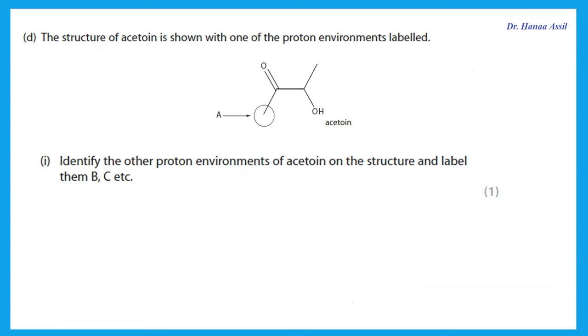The structure of acetoin is shown with one of the proton environments labeled. So one of the protons on the methyl group is labeled A. Identify the other proton environments of this compound and label them B, C, D, and so on. So let's look at this compound. The methyl group next to the carbonyl is one type of proton environment. We also have another methyl group on the right, so we label that C, or you could label it anything. B is the carbon that is next to the carbonyl on the other side,